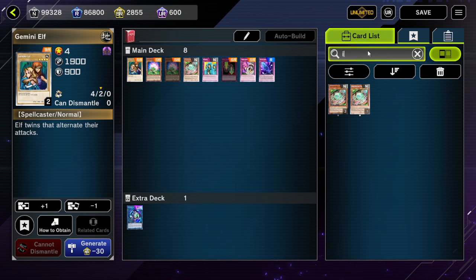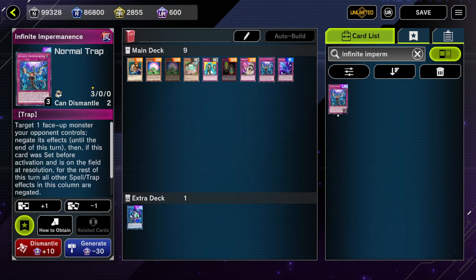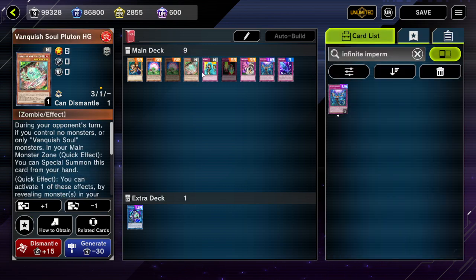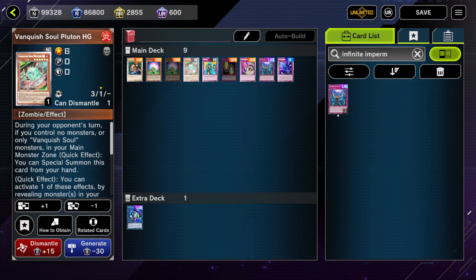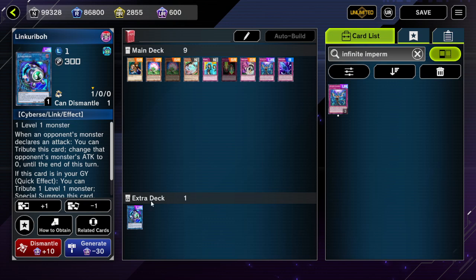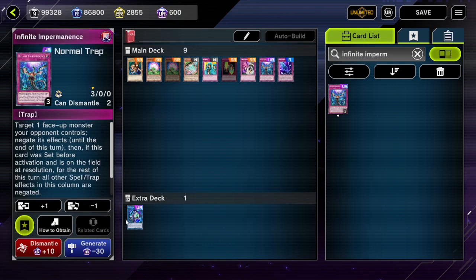If I use the effect of Infinite Impermanence, why is it that my Pluton cannot redeclare or cancel its attack after Infinite Impermanence is applied onto my Pluton? And of course, I wouldn't want to attack with Pluton because if it gets negated, its attack points will hit 0. So it'll end up being destroyed in a battle with Gemini Elf, also in attack position. In this case, the reason why you will have to follow through with the Pluton attack after declaring it is because although an effect was also activated, similar to Link Rebo, for example,